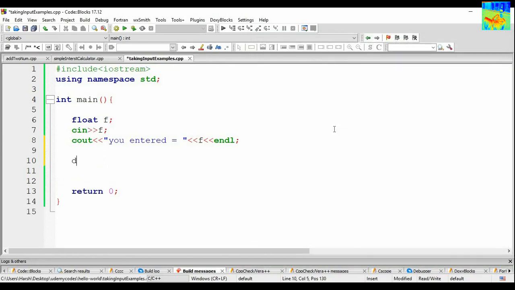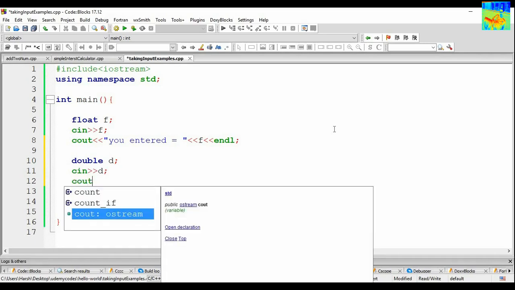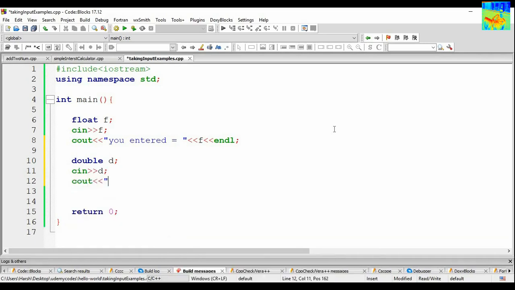Now let us take double as input. Double d, cin d, and then cout you entered d and then end line. Okay, so let's run again.